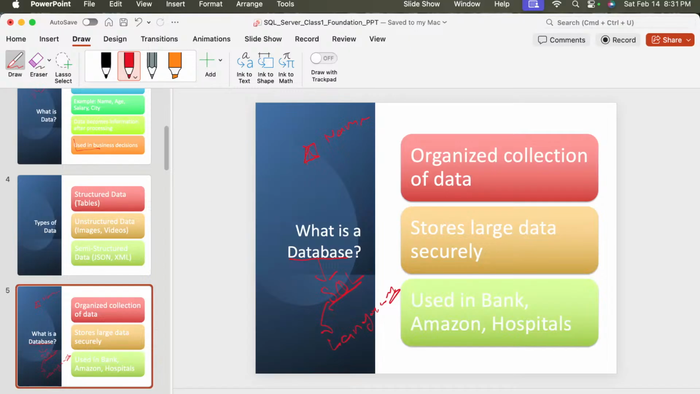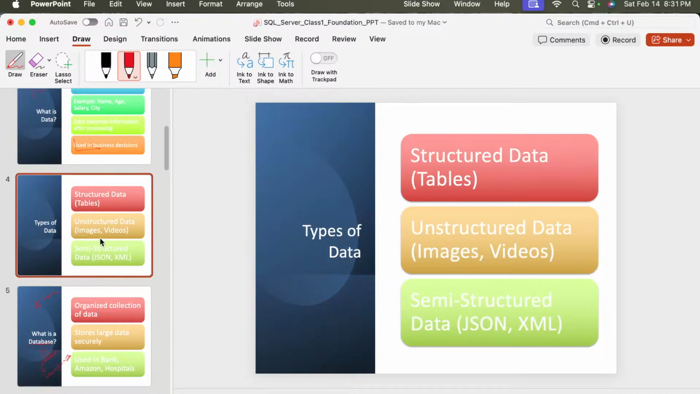ठीक है। तो डेटाबेस को हम यूज करते हैं। अब उसके बाद हम बात करने वाले हैं कि डेटा कितने टाइप का होता है। टाइप ऑफ डेटा की अगर हम बात करें, देयर आर मेनली थ्री टाइप ऑफ डेटा। वन इज कॉल्ड द स्ट्रक्चर्ड डेटा, विच इज